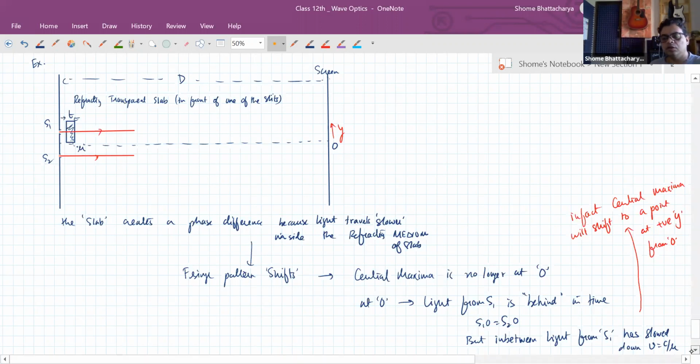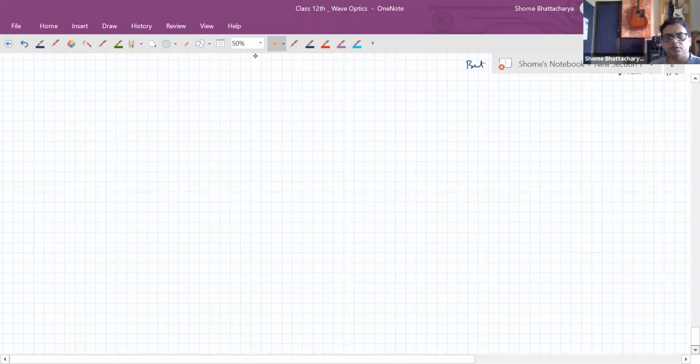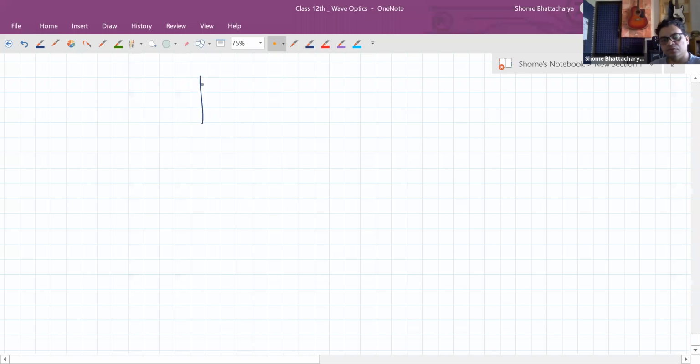Okay, so written this down. Now let's see how we'll do the calculation. So let's understand the property of the slab first. Okay, so supposing we have this situation, we have